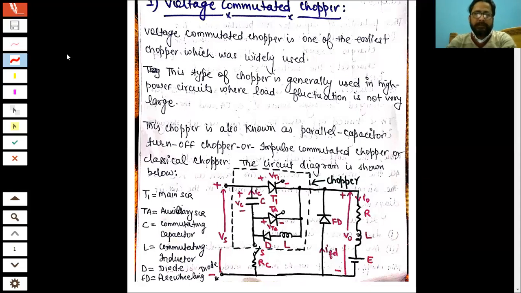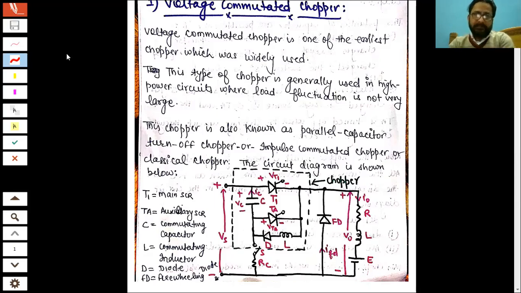Now, a chopper is basically a DC circuit. If you have understood it very clearly, a chopper is a DC circuit. Its input is DC, its output is also DC. Now, because the input of the chopper circuit is DC,